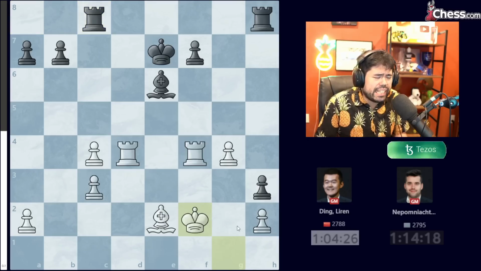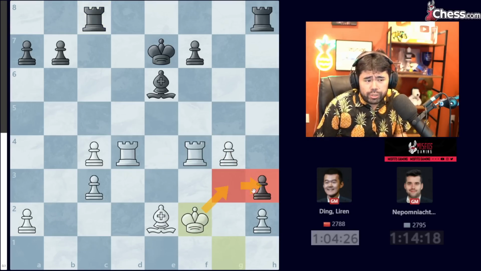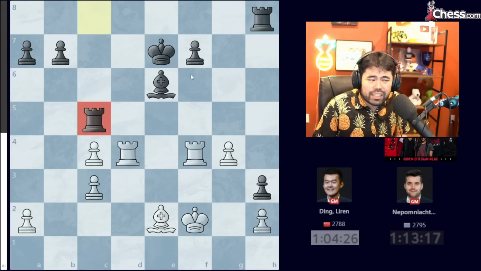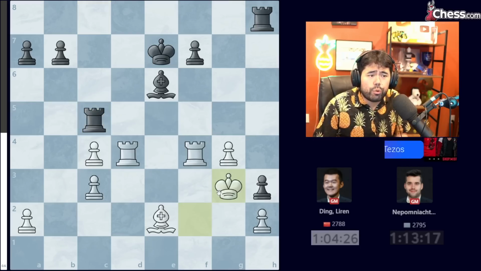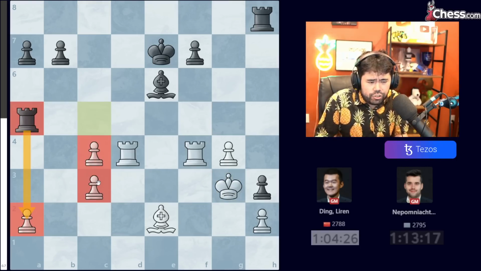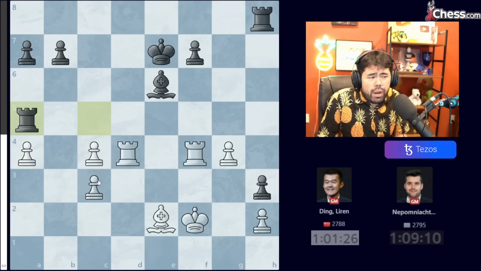We get rook c8, king to f2, and the idea is also quite simple. White wants to go king g3 and try to gobble up the pawn on h3. Nepo plays rook c5 here, activating the rook, maybe a double stack to target the pawn on c4, but more importantly, if white plays a move like king g3, black can go rook to a5, trying to win this pawn on a2. So Ding plays a4, which I thought was an excellent move here,